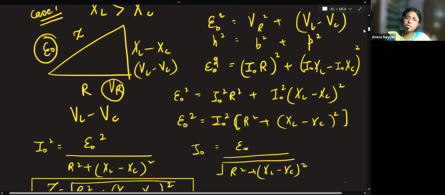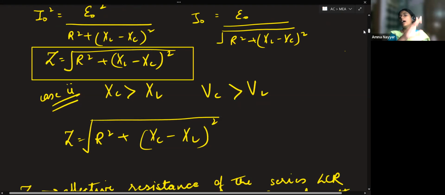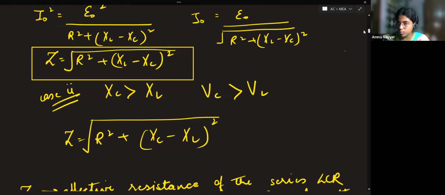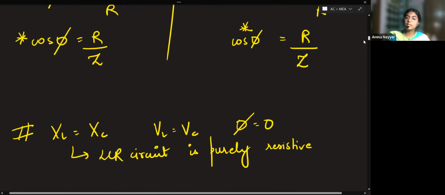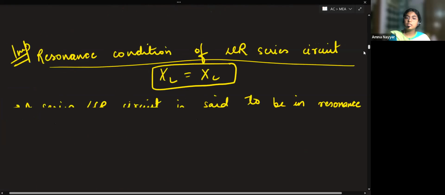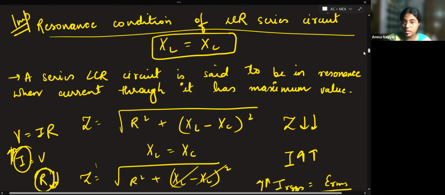So we did those derivations to find out the formula for it. You have to remember: under root R square plus either XL minus XC whole square, or XC minus XL whole square. Now, depending upon whichever has the greater magnitude, we use either of these formulas. But the basic formula is the same. Z is equal to under root R square plus XL minus XC whole square. Fine. Then we had seen the resonance condition. In the case of resonance condition, XL and XC are equal, and this is the condition when your impedance becomes equal to the resistance of the circuit.